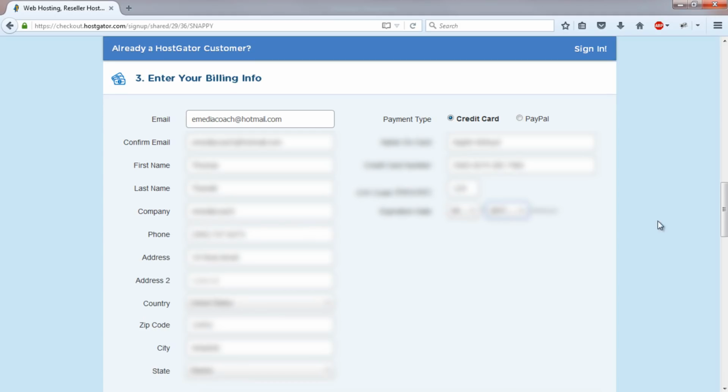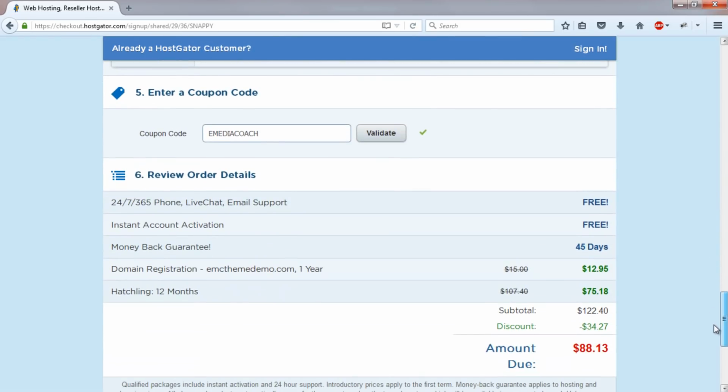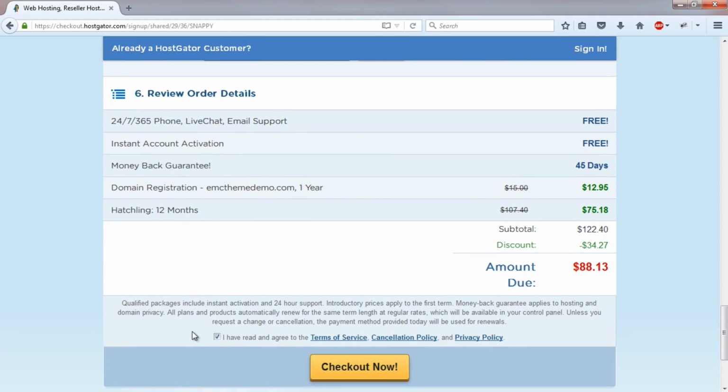Okay, once all of that is entered, scroll back down the page. Just confirm the details of your order. Click on this checkbox here, which just states that you've read the terms and conditions. After you check out, you will be the sole owner of your new domain and you'll have hosting for 12 months. And this is all you'll be paying for hosting and domain for the next year, or however long you subscribe for. So it's really cheap, as you can see, when you put it in comparison to when you're paying web developers to build things for you. So when you're ready, just click the checkout button and I'll show you the next step, which involves installing WordPress on your website.